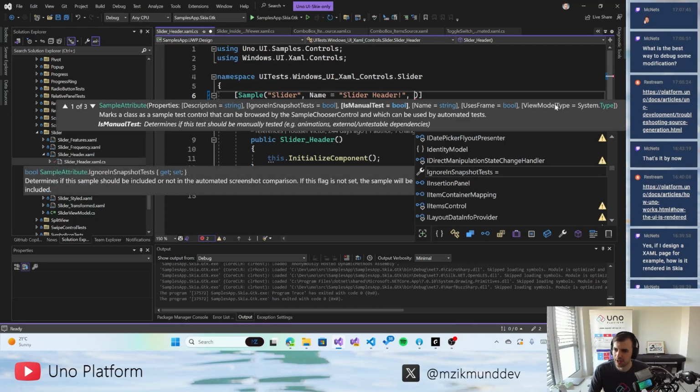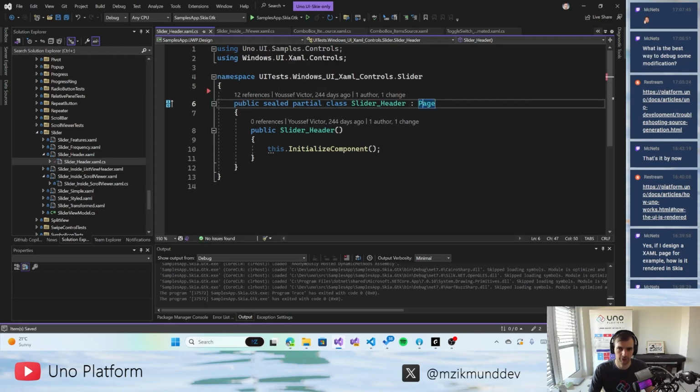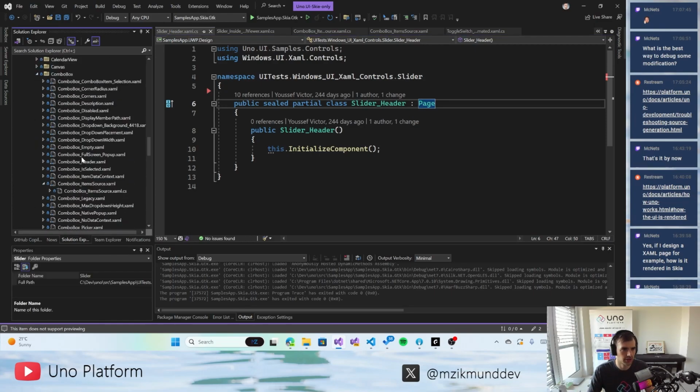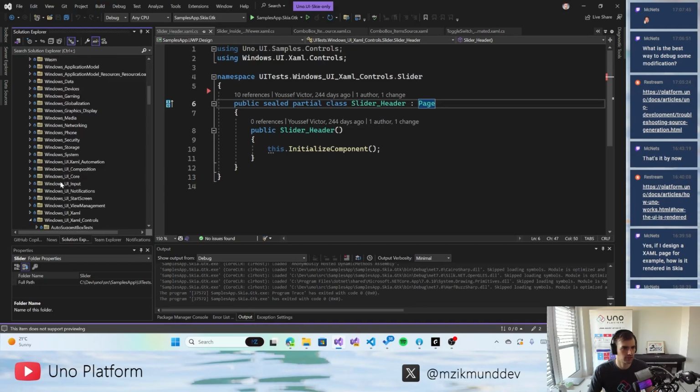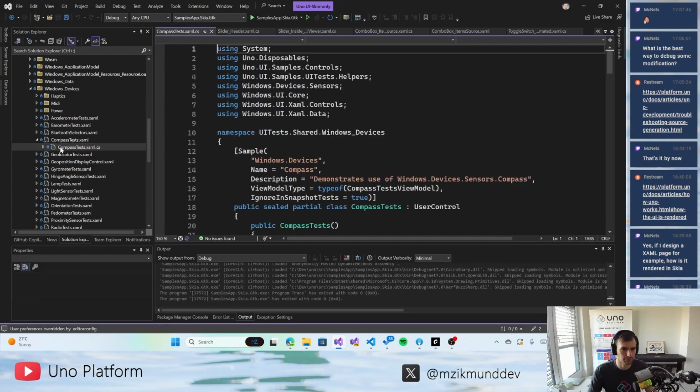Then we have one more interesting one, which is view model type. And that's used to build a view model if you want to build quite a simplistic MVVM style sample. So I can go to one of the devices sensors samples, which usually use those. So if I go to compass tests,